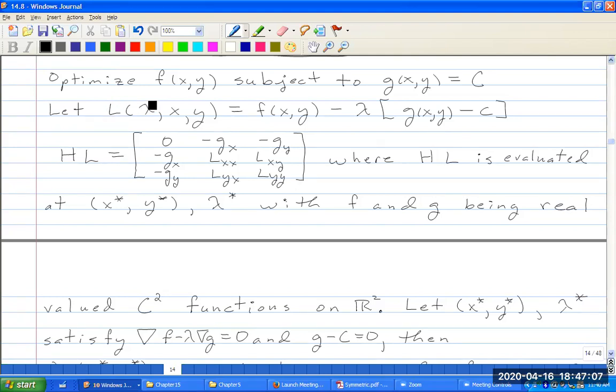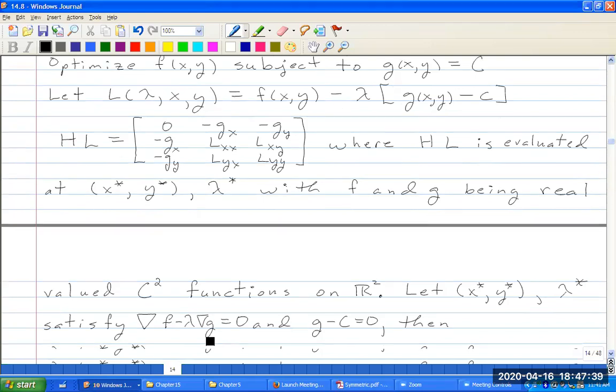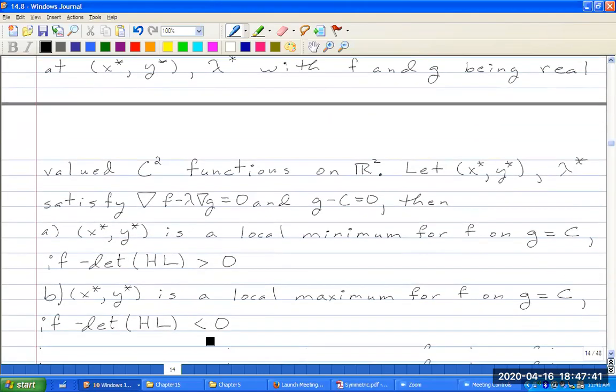Well, let's see. If you take the partial of L with respect to lambda, then this is 0, and this just becomes 0. So that's how you get this equation. If you take the gradient of L with respect to X and Y, then you get the gradient of F. This is constant, minus lambda times the gradient of this. Well, this is a constant, so that's 0, so it's just a gradient of G. So that's how you get this term. Then